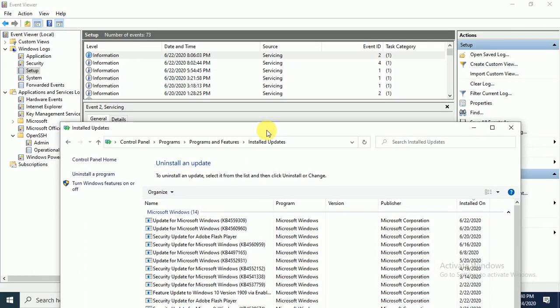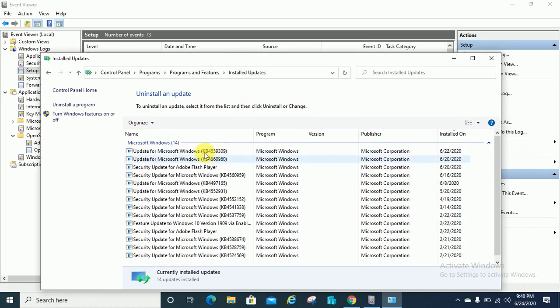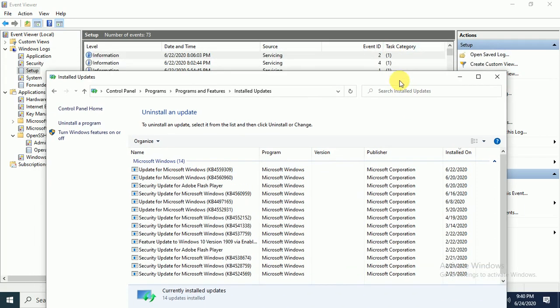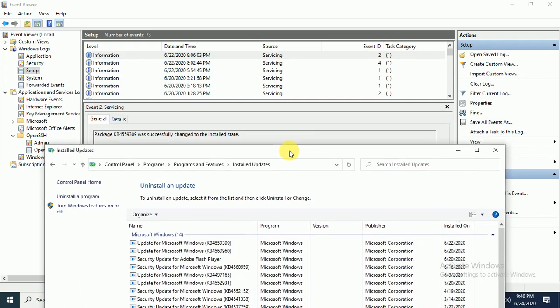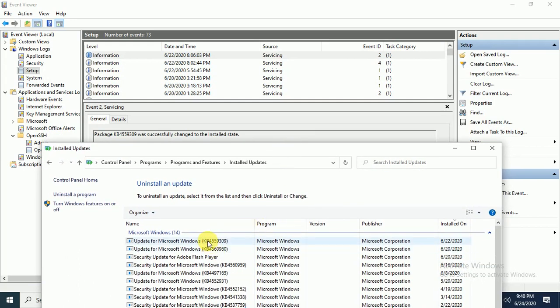We will check if it is installed or not. Guys, you can see here, this is on top, and you can see the date. It is installed on the same date that is showing in Event Viewer. This is the same KB4559309.